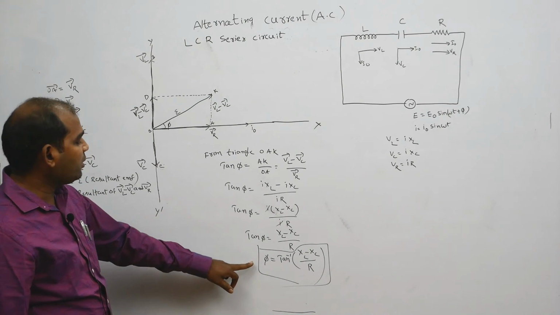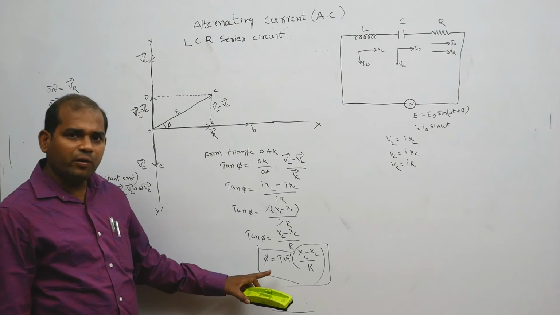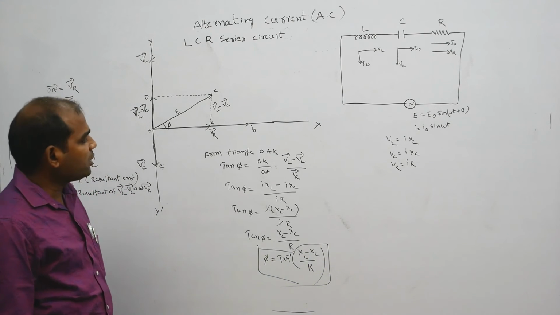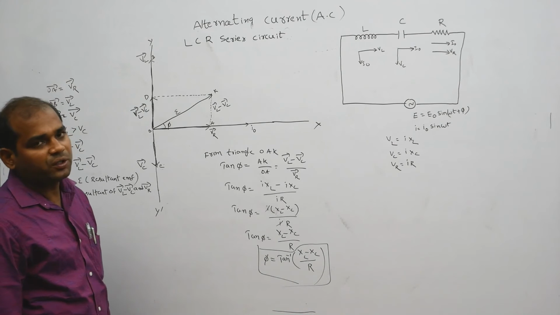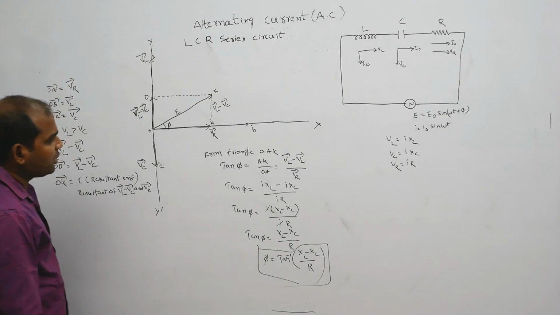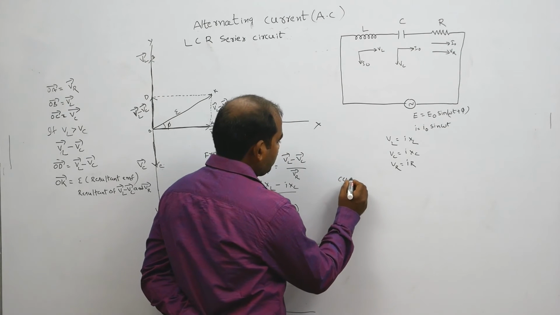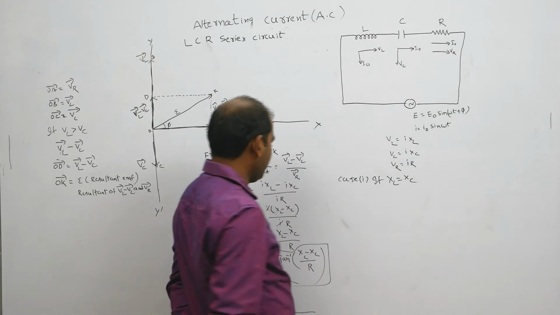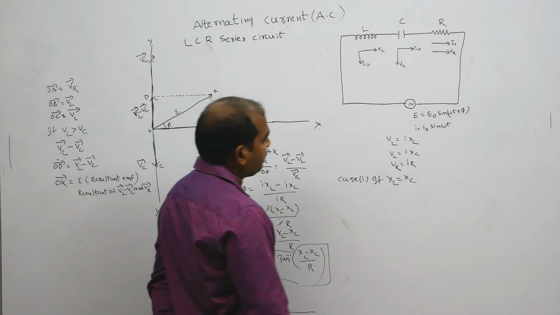So in this way you can understand better how to calculate the phase difference. Taking the value of phase difference, phi is equal to tan inverse of XL minus XC by R, we are going to discuss when it is an inductive prominent circuit, when it will be a capacitive prominent circuit, and when it will be a resistance prominent circuit. There are three cases we need to understand. Case 1: if XL is equal to XC. So if XL is equal to XC, what happens here?